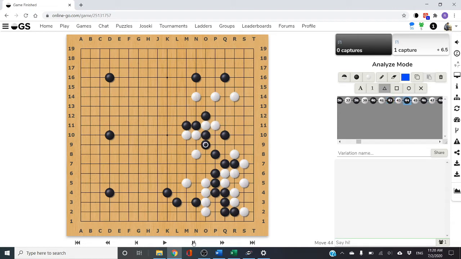Oh, I made one turn on the inside, which was aiming to push out here, white block, and then black cut. It was a bit hopeless, so white simply connected. So then I knew that these stones, the inside stones, were dead, so I just had to get something out